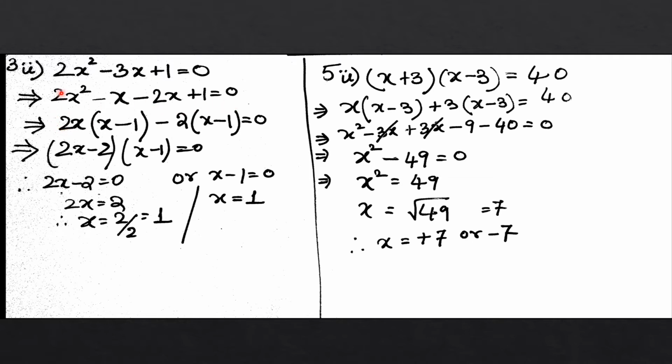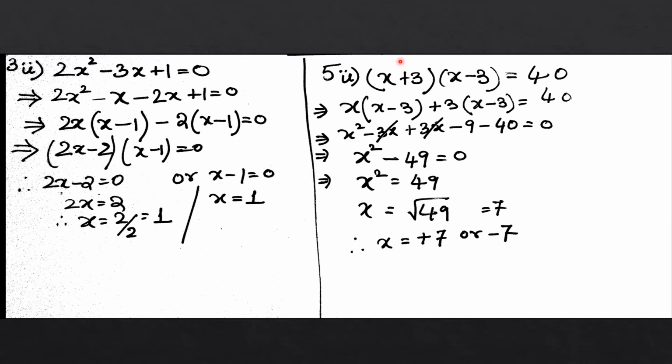And this you can simplify by taking 2x common and pairing them. So I get 2x into x minus 1. And here if I take minus 1 as common, I will have x minus 1. So we can write this as 2x minus 1, x minus 1 equal to 0. So 2x minus 1 is equal to 0, or x minus 1 is equal to 0, and hence we can find x is equal to 1 here, and here also x is equal to 1.